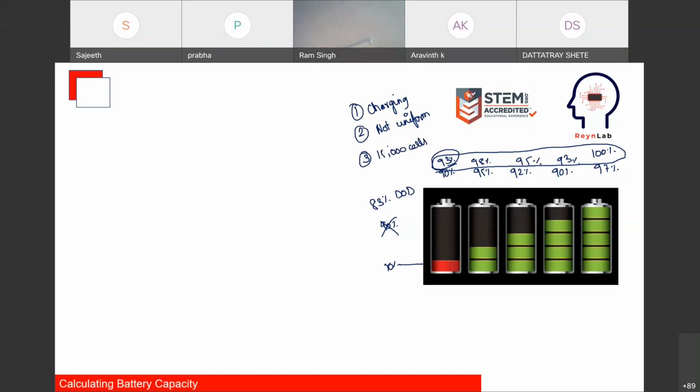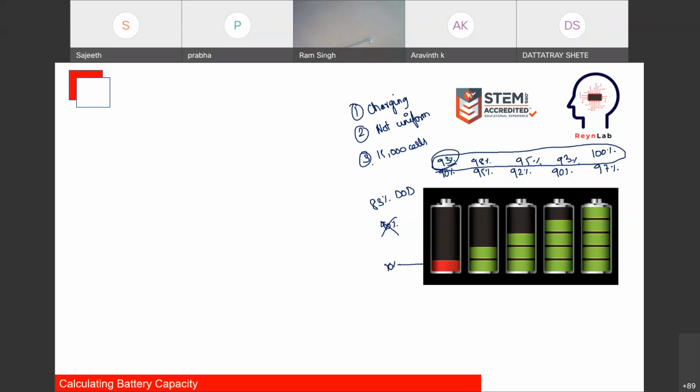15,000 cells, right? And how do you measure each one of the 15,000 cells? Even if the voltage measurement IC is about 20 rupees per cell, you are looking at something like about 3 lakh rupees in instrumentation cost alone, which is not going to happen. So we need to figure out how to live with this discrepancy and how to make the best of it, which is basically why we have started with the battery side of things.